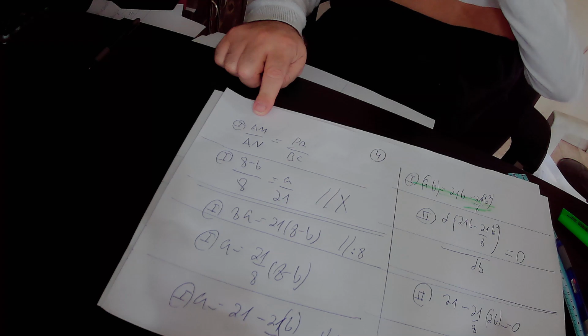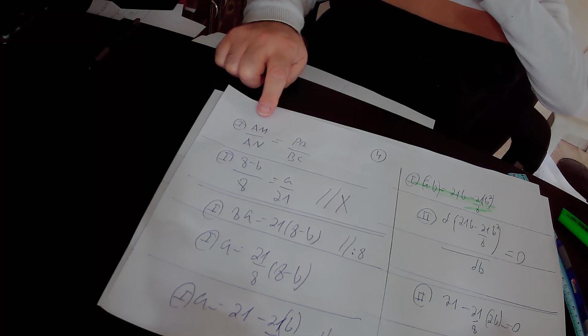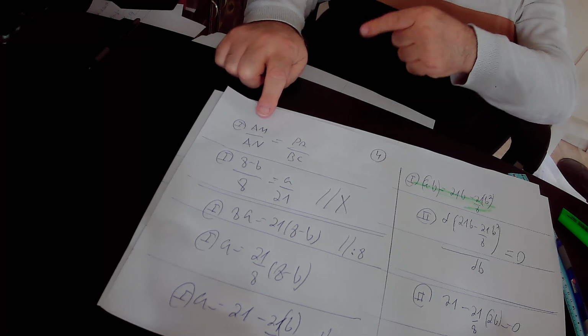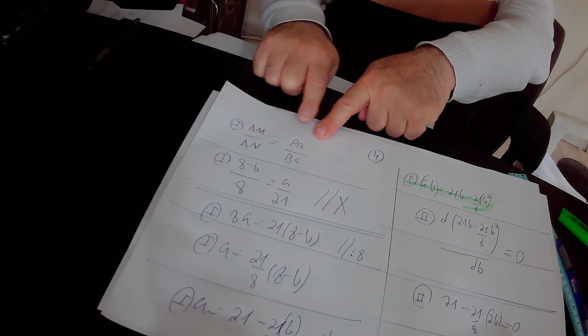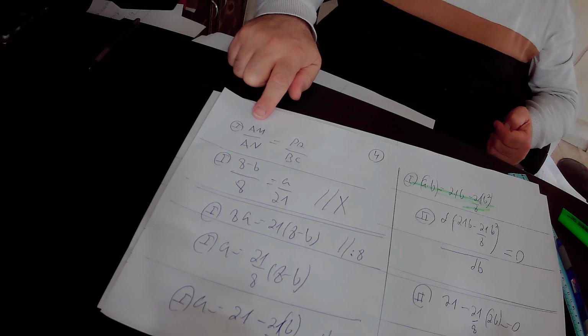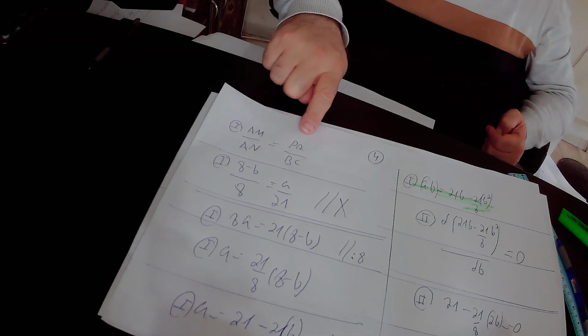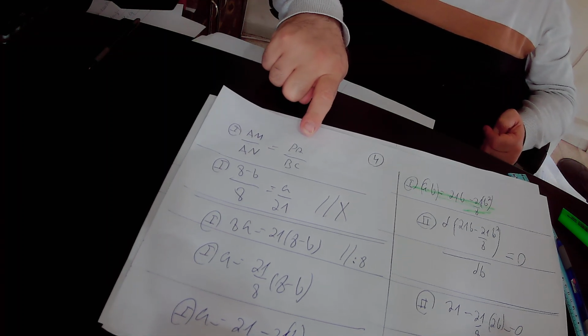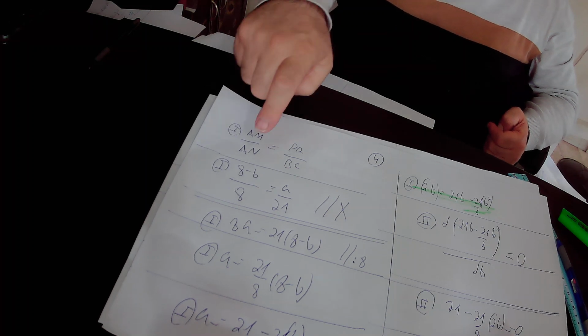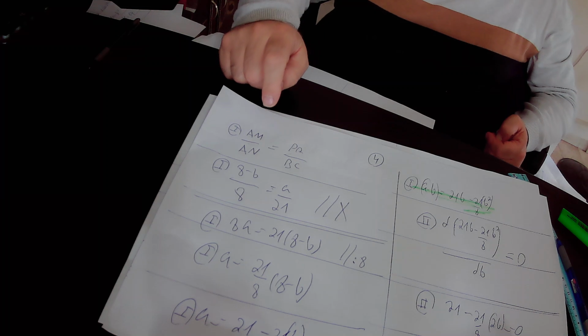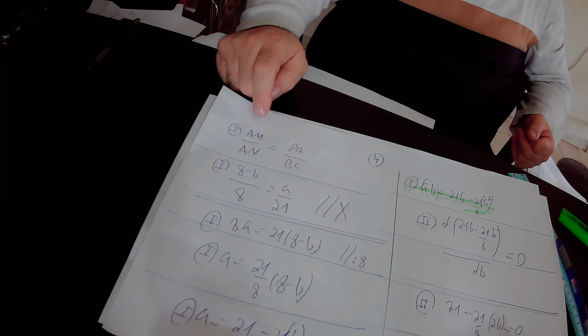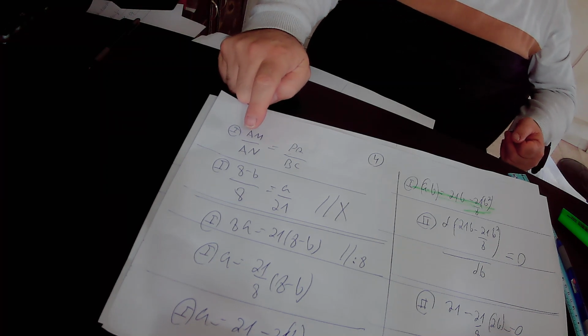Equation 1 means that the ratio between the heights of the two similar triangles must be equal to the ratio between their sides. The ratio between their heights is AM over AN, and must be equal to the ratio between their sides, which is PQ over BC. AM is 8 minus B, AN is 8, PQ is A, BC is 21. So in conclusion, according to equation 1, we found that 8 minus B over 8 equals A